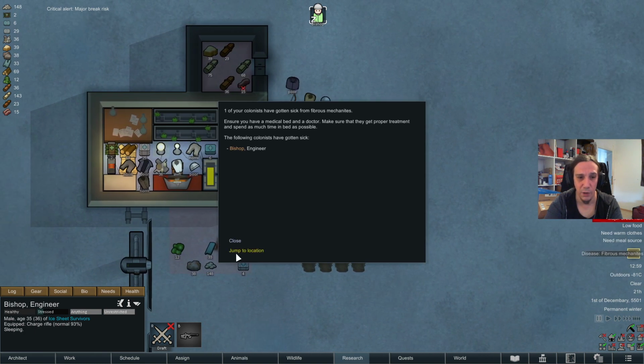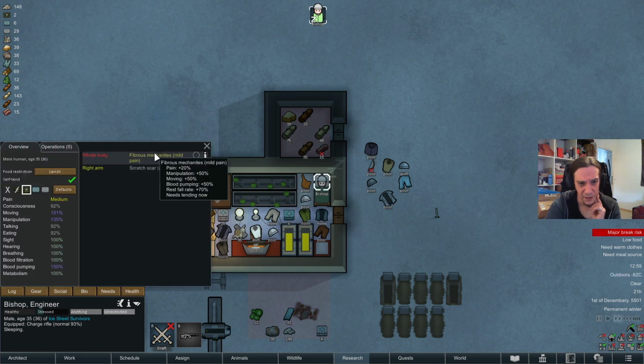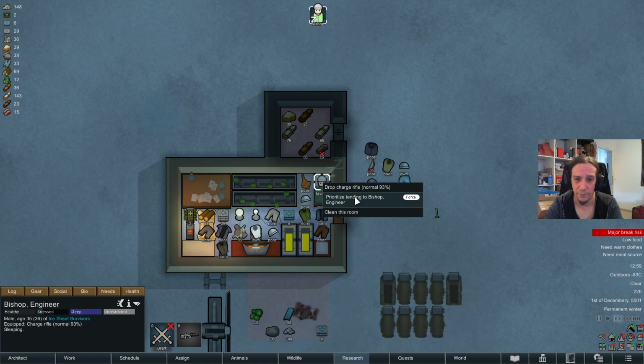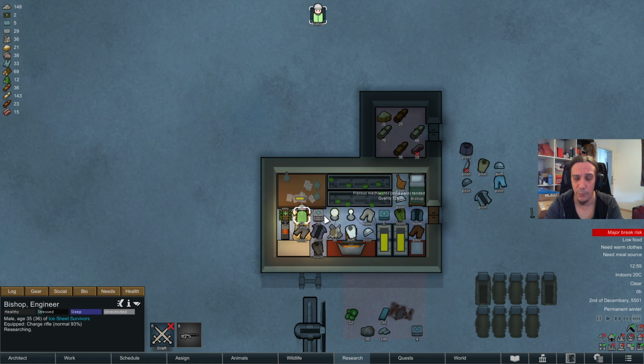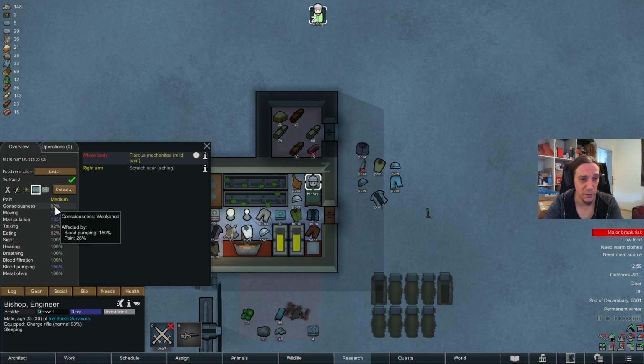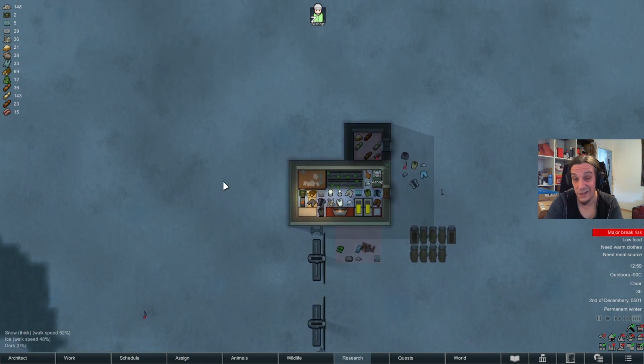Oh, fibrous mechanites. Okay, fibrous mechanites are really problematic because a constant pain rating is really nasty. So I'll even allow him to use proper medicine for that. Yes, he's working faster and everything, but higher pain also makes him collapse faster out there. And since we're in the midst of winter...